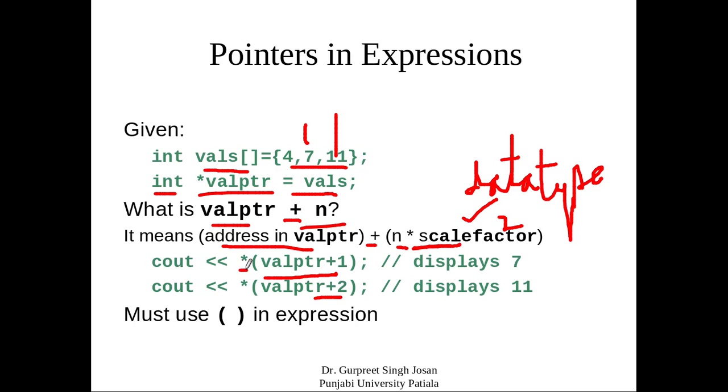So star means the content of the location that is pointed to by this particular expression. After evaluating the expression, we will get a new address, and star means the content of that particular address. So be sure to use the parentheses in the expression, otherwise your answer will be somewhat different. If you are not using parentheses, then it will dereference first, then to the answer it will add 2. So that will produce a different answer. But if you want to increment the address, you have to write the expression in the parentheses.